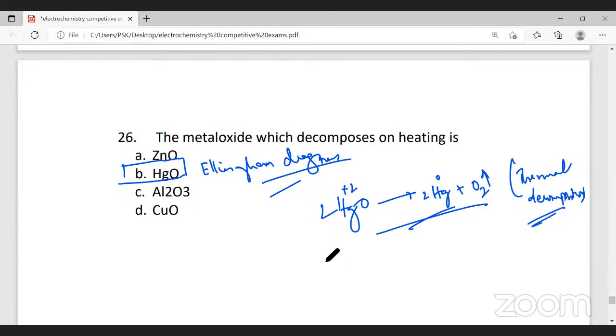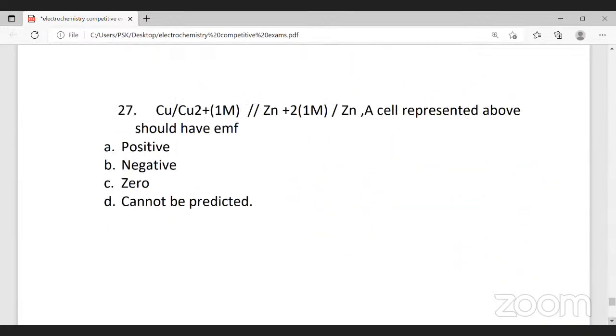Not only mercuric oxide, silver oxide also will decompose. Silver oxide also just decomposes on heating to form silver, giving you oxygen. Both are examples of thermal decomposition. All the other metal oxides require reducing agents. Therefore, the answer for this question is option B. The next question,